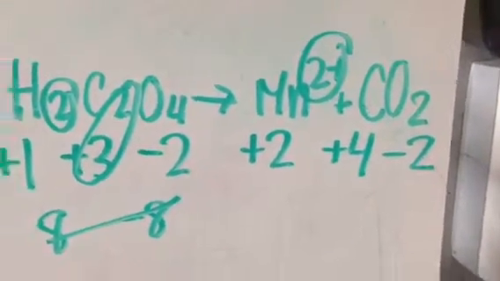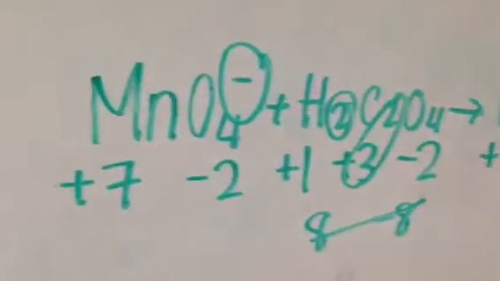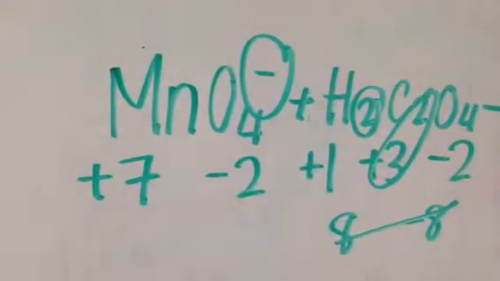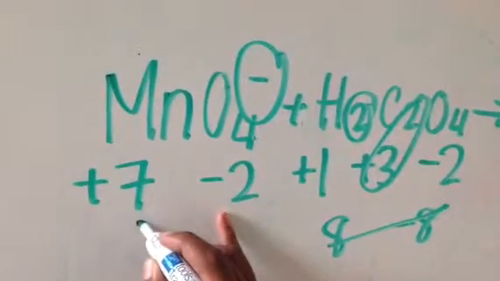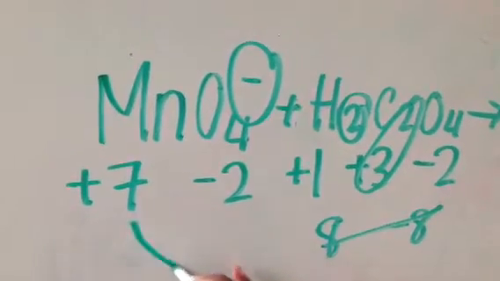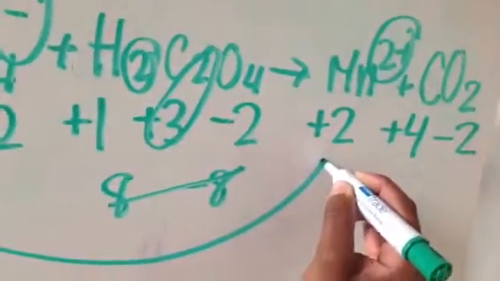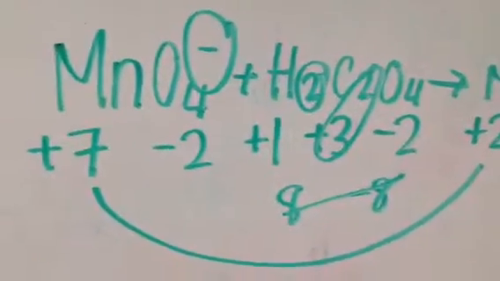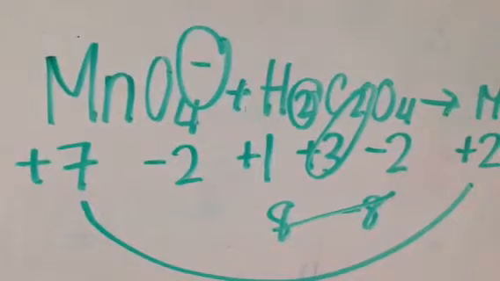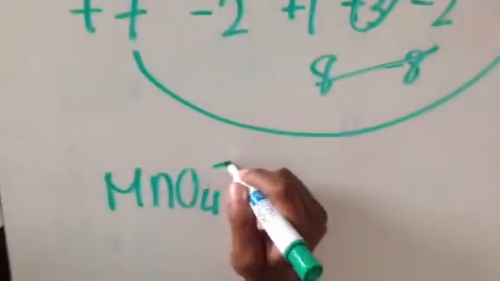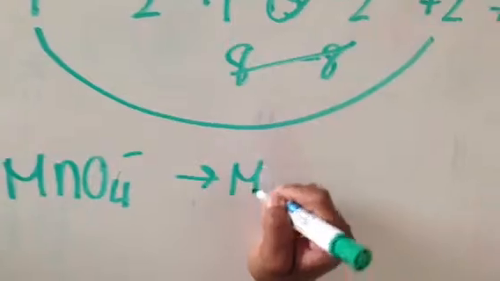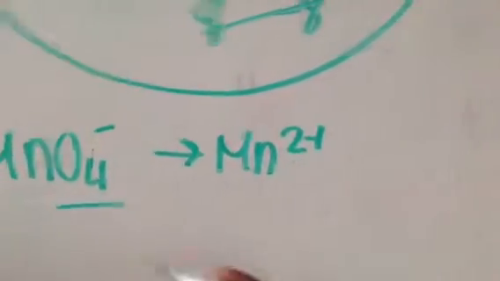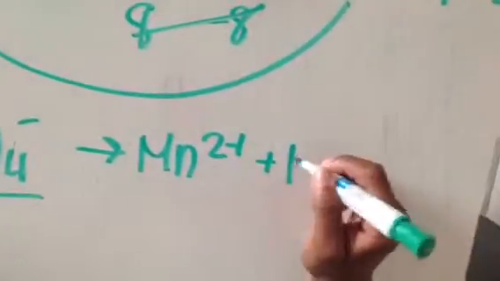Okay, after we figure all that out, we will have to do half reactions. So first, our half reaction will be for MnO4 because it's going from +7 to a +2 charge. And remember, LEO the lion says GER, so we'll do MnO4 minus going to Mn2 plus. And because we have 4 oxygens on this side, we'll have to add 4